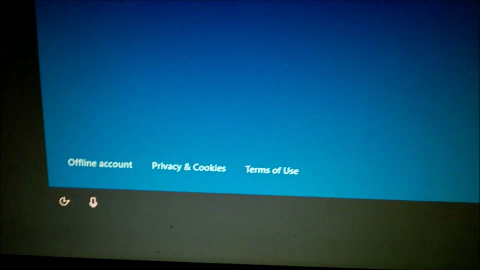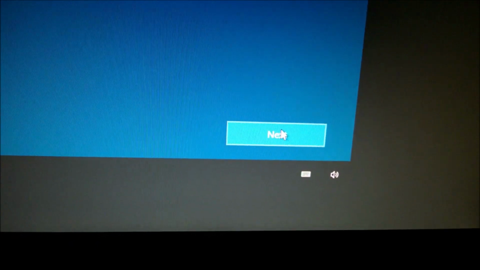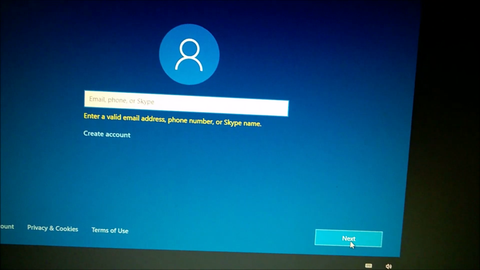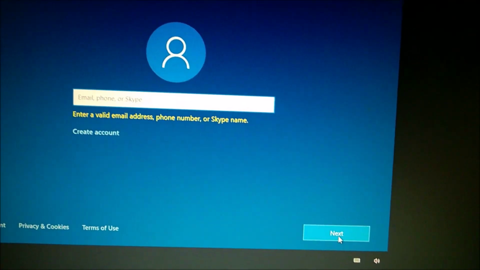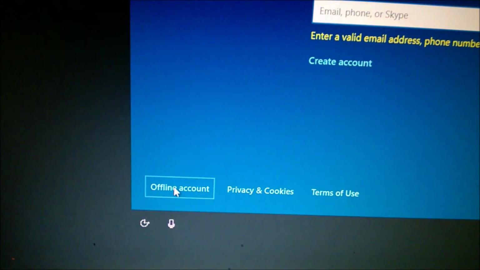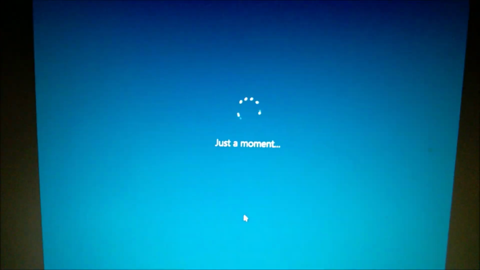Let's skip the Microsoft account for now. I'm going to click next, see if it allows me. It doesn't allow. I do have an account, but I really don't want to sign in. Let's just try offline account, see what happens.